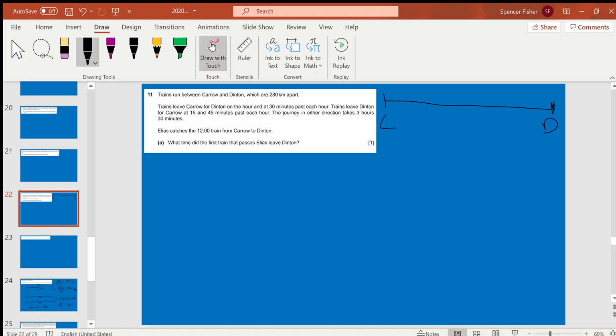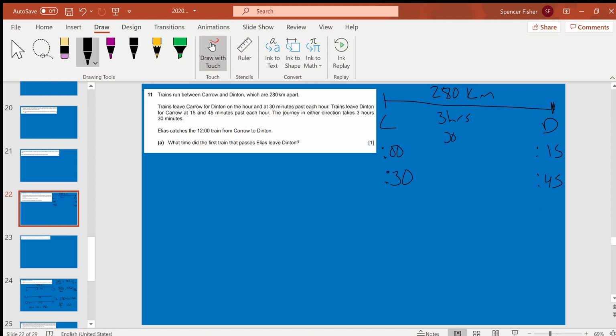Well, we have Carrow to Dinton. We have them being 280 kilometers apart. It says the trains leave Carrow for Dinton on the hour and at 30 minutes past the hour. So I'm going to write a little reminder to myself: 00:30. And trains leave Dinton for Carrow at 15 and 45 minutes past the hour: 15:45. The journey in either direction takes